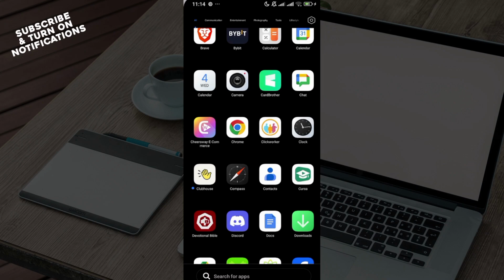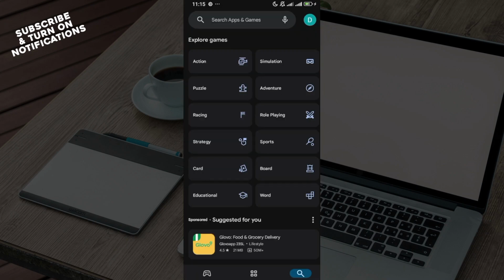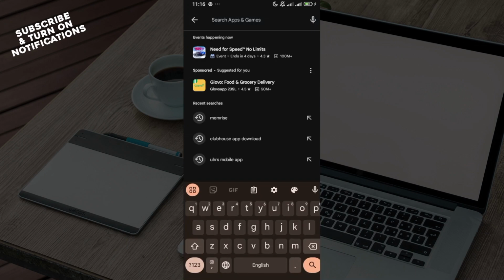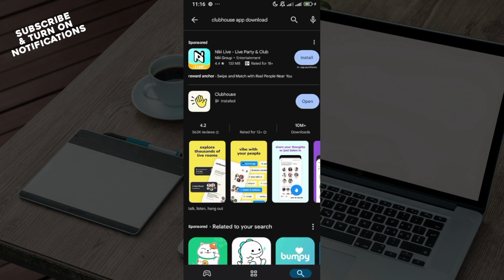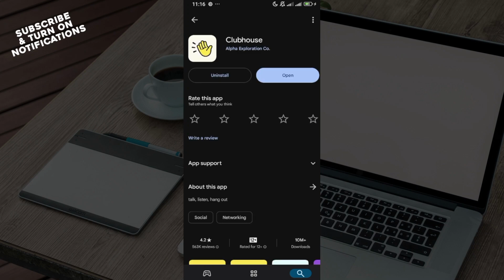Play Store. Once your Play Store has been launched, you will be brought to the home page where you will see a number of options, and by the bottom part of the screen you will see an icon for games, apps and search. Just click on the search icon and then in the search box type out Clubhouse app download, then select the Clubhouse app and then you will see the option install by the right side of the screen